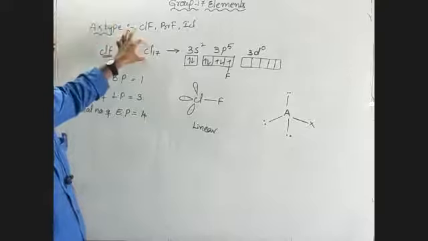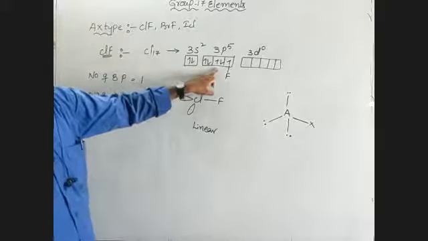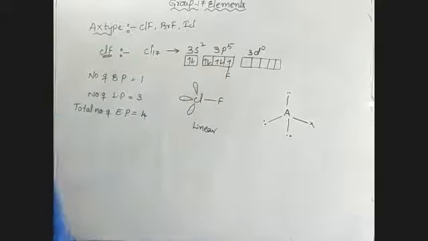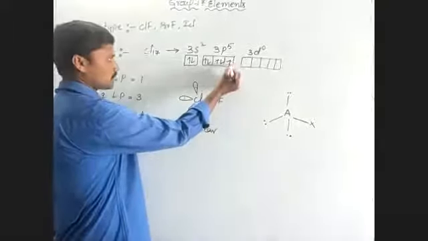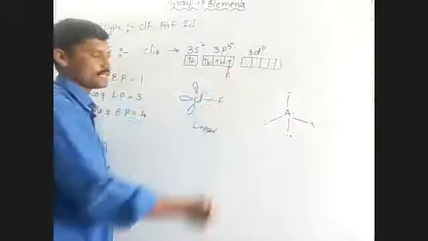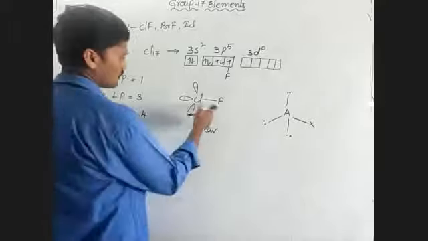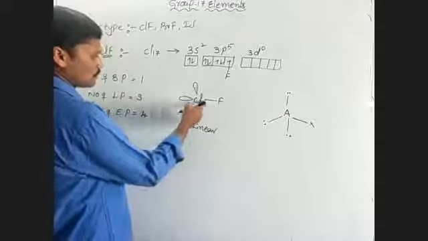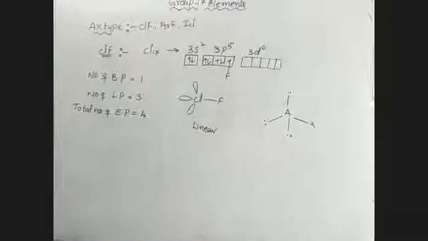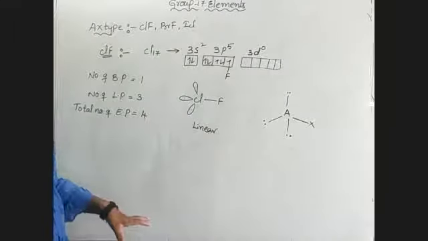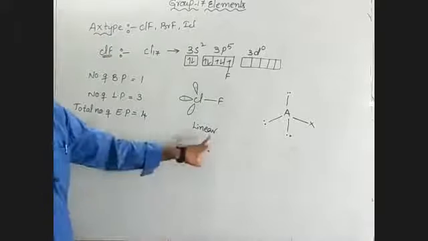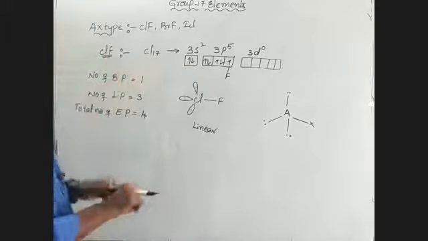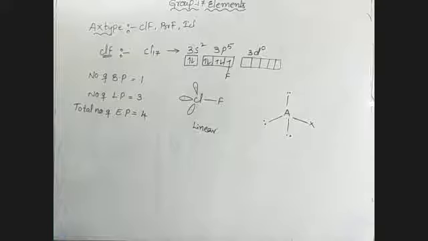In this chlorine there are 3 lone pairs of electrons, and 1 unpaired electron is present in the valence shell electronic configuration of chlorine. This unpaired electron forms a bond with fluorine. That means it contains 3 lone pairs and 1 bond pair. The total number of electron pairs is 4. The shape of ClF, the AX type of interhalogen compound, is linear. That is the AX type. Now I am going to discuss